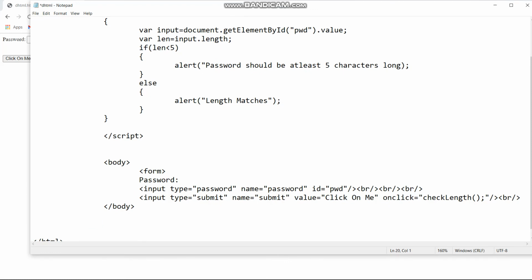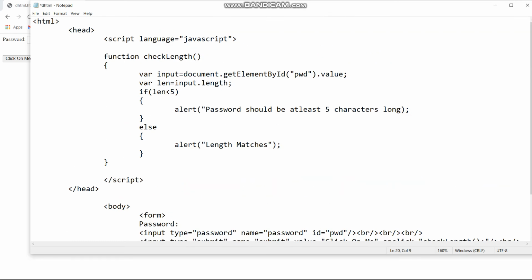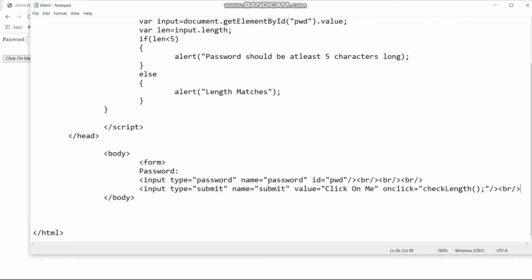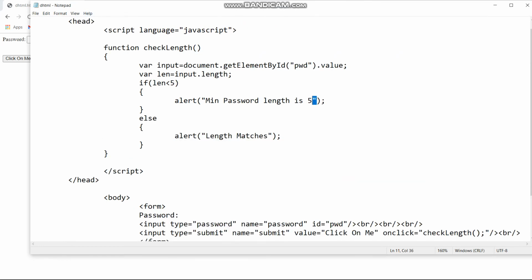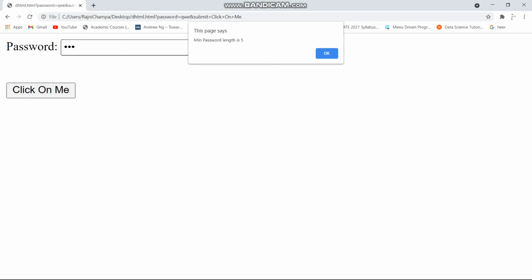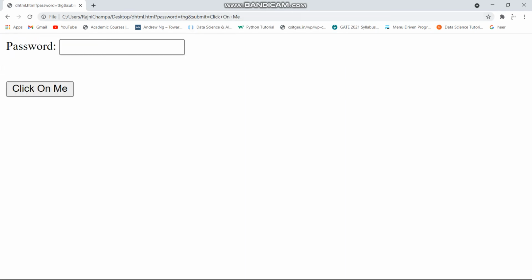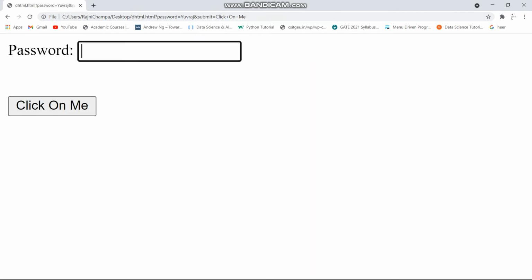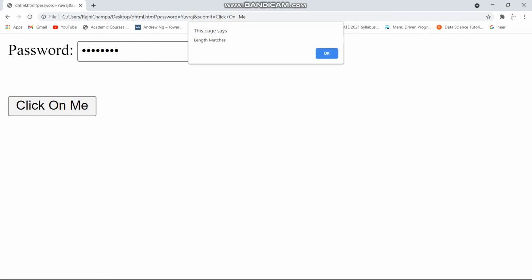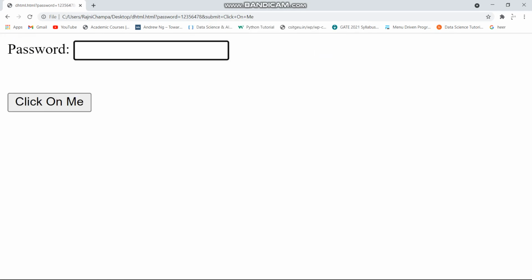And then some more mistakes are there, I think. Yeah, we need to close this form tag also. That's what we have forgotten. And we need to put this double inverted commas here. Now save. Yeah, you can write, see, this is not the length we want. We need at least 5. Yeah, length matches. You can see earlier it was not matching. This length is right. Again we need to fill it. This is only 4. Min password length equals to 5.